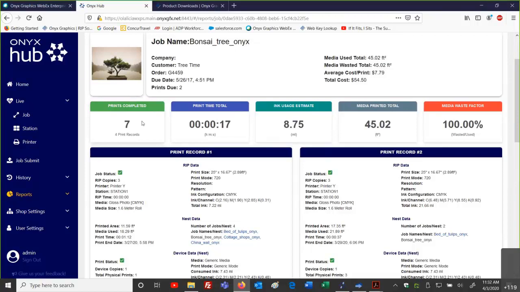So right there I know, hey, I only needed 4, I've got 7. So what gives, what happened, right? And this could be through some investigating, oh, we had fingerprints or some smudge or something that we had to do a reprint. What are the reasons? But again, as part of our tracking, we can figure out what's going on with this data.